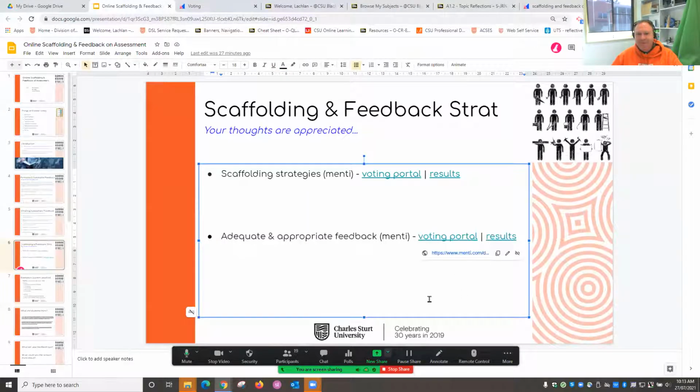The other side of the equation that Prue started to talk about this morning was looking at feedback types, appropriate feedback. This one is a little more open. So what I'm going to do is I'll drop it into the chat pod. There we go. That's for voting. This time round, it's actually open response, trying to gauge some of your own strategies for providing adequate and appropriate feedback,